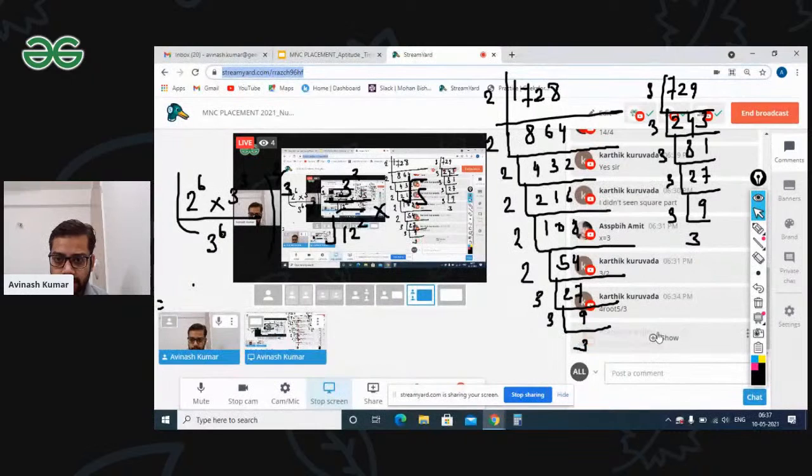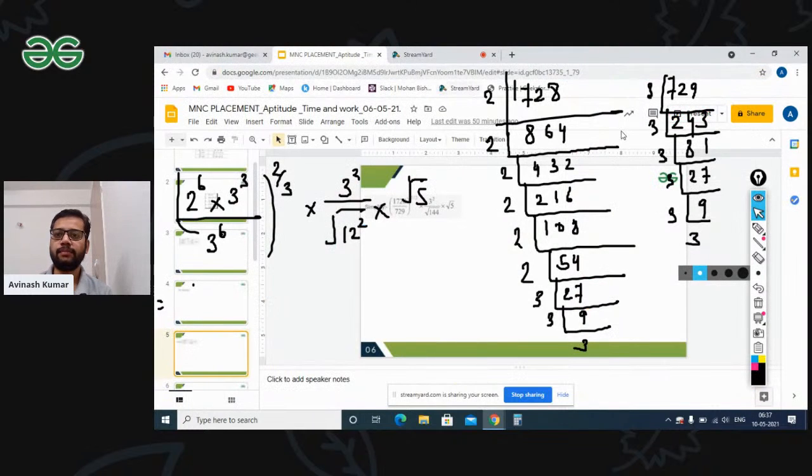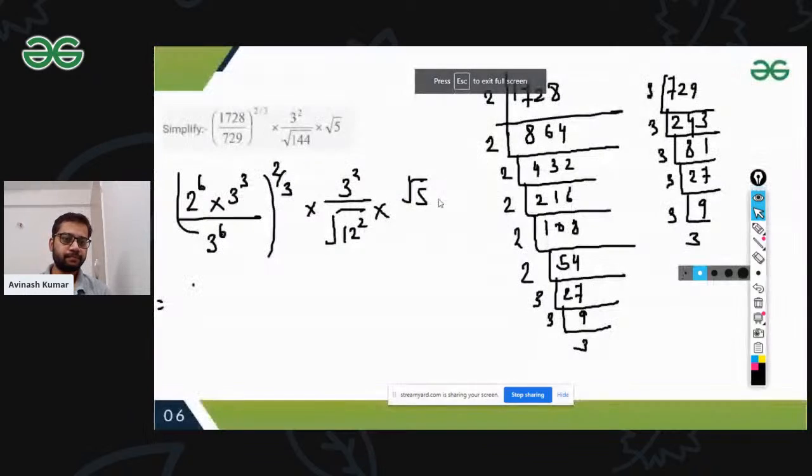Hi Pranjul. Karthik says 4 square root 5 by 3. Okay, 4 square root 5 by 3. Let me know the answer. Let me see this. Okay, so I'm checking this as a 4. So can I write this as